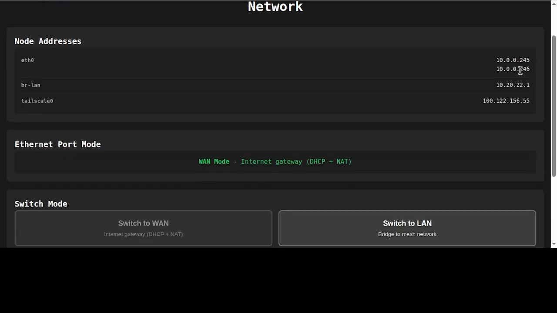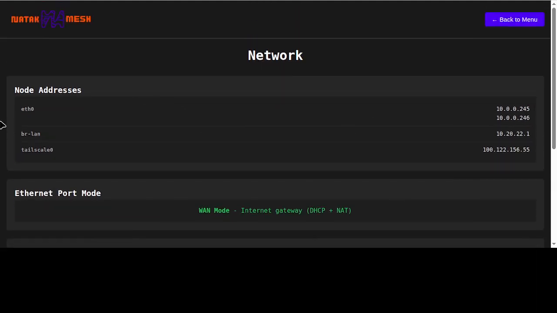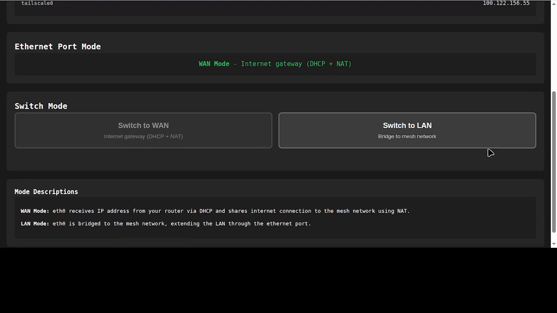Network. This gives you your various IP addresses for your different interfaces. Ethernet: in this case, I'm plugged into my home router, so I got IP addresses from there. The LAN, that's a static IP. Tailscale, this is from the Tailscale instance you saw on the last screen. This lets you flip Ethernet modes. Generally, we'll leave it here just so we can pull an IP address